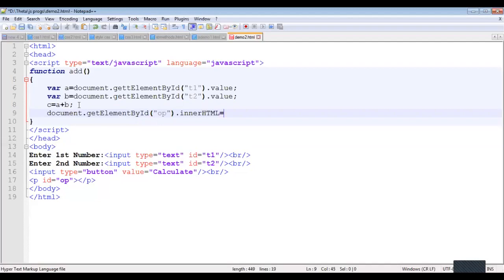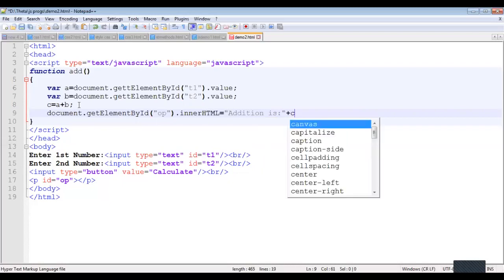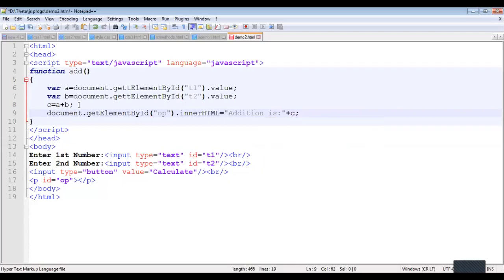One more thing we forgot, that is the difference between innerHTML and innerText. Wait, I'll show you now. Addition is plus c. Just like we put messages inside console.writeLine, in the same way we can put messages over here. For concatenating the data, we can use the plus operator.